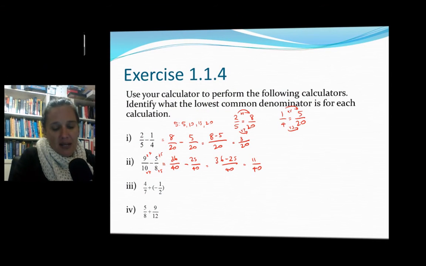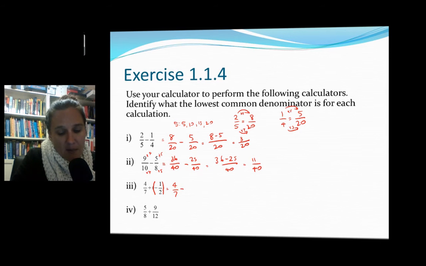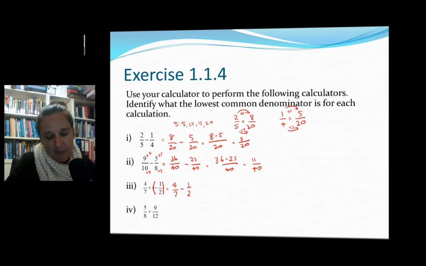So for question 3, it's getting a little bit more complicated. Here we've got some brackets. So we've got 4 over 7 plus minus a half. And what we're going to do, this plus and this minus together, this plus will get cancelled out. We're ending up with 4 out of 7 minus a half. So if we think 7 and then 14, 14 divides by 2. So here we can do,